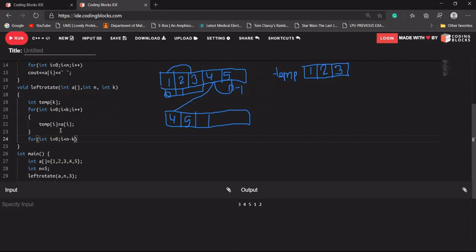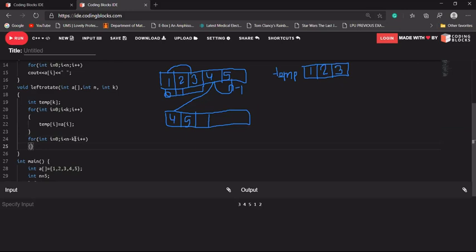Because n is 5, the size of this array is 5, and k is 3. 5 minus 3 is 2, so i is less than 2, and this loop will run for i is equal to 0 and i is equal to 1, that is up to this point only. Is it clear with everyone? i plus plus.